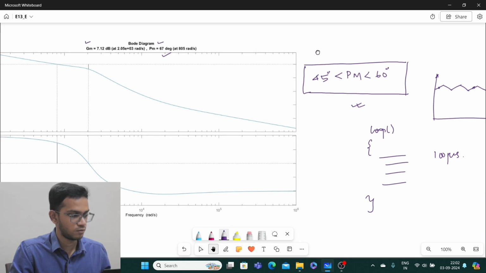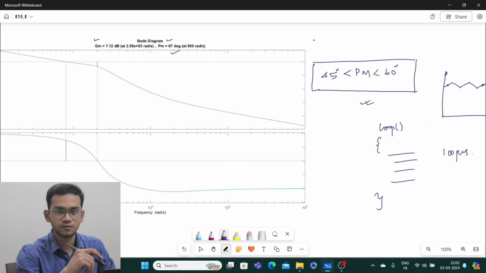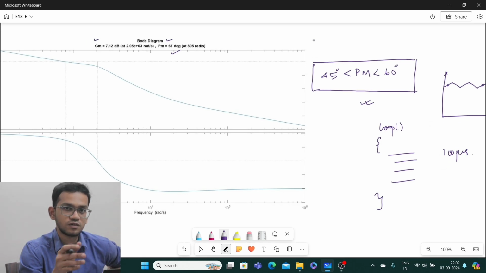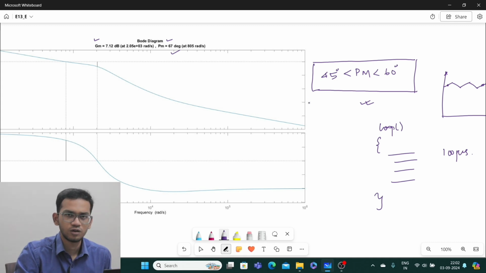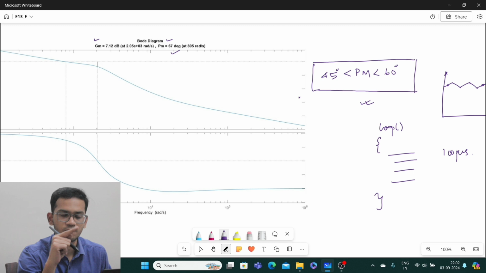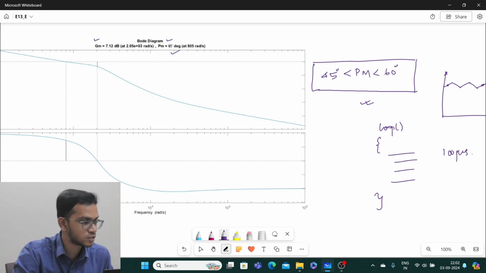Right. Now what if it's not? Now what if it's not stable? Assume that you are doing an ideal analysis. You have designed your converter to work properly if it is sampled at every 50th microsecond only. And if there is some additional delay involved, just like which happened here, and due to this additional delay, your phase margin is going to minus 21 degree or minus 15 degree